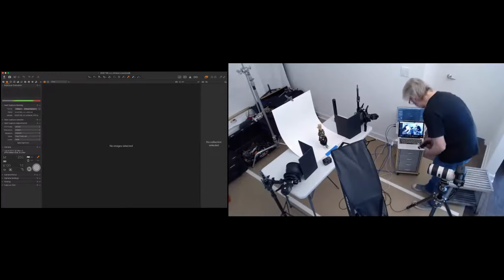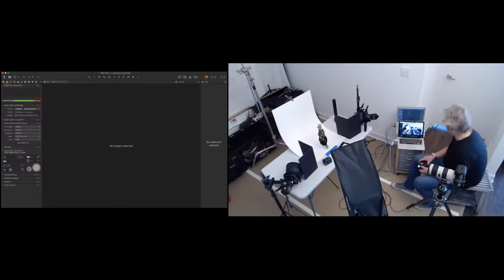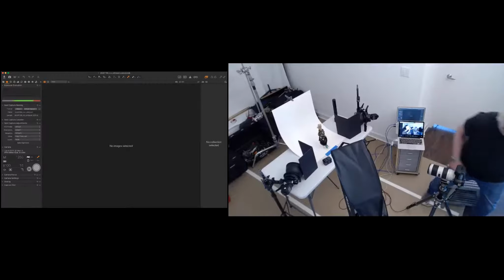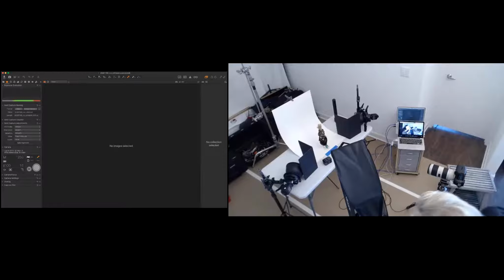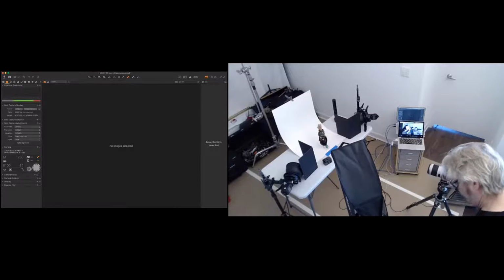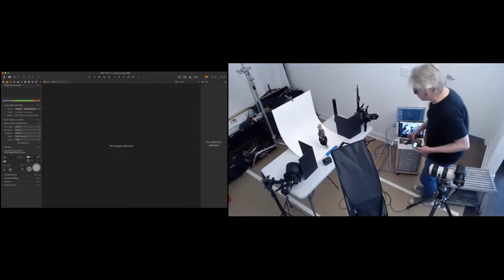And typically I will go through and do all of this with a meter first, and then I'll actually start taking pictures and see exactly where I land. So I'm going to turn on my strobe trigger, and I'm going to turn on my strobe. And I'm just going to do a meter reading at Carol.